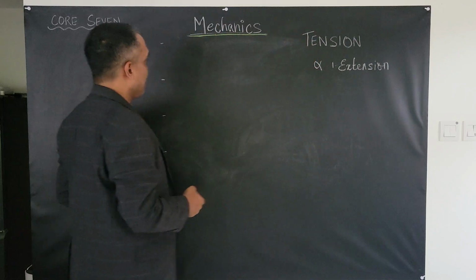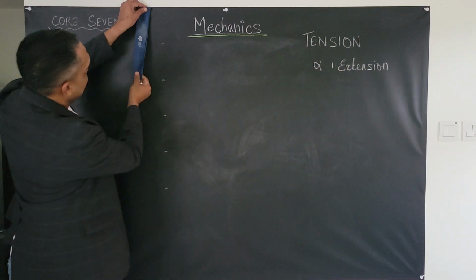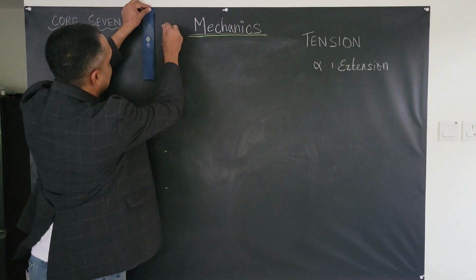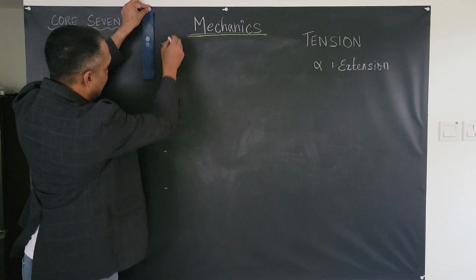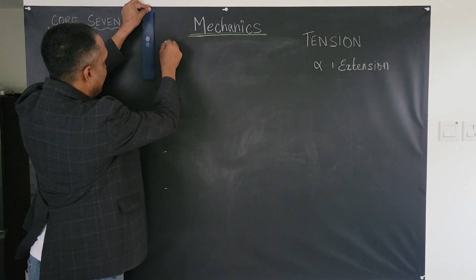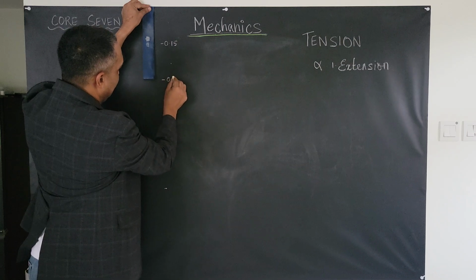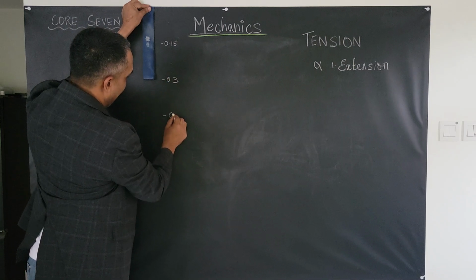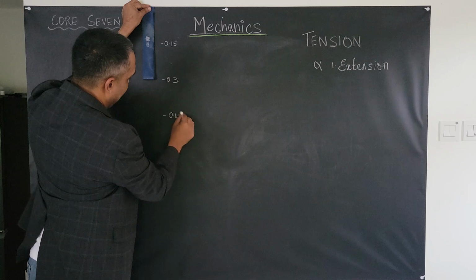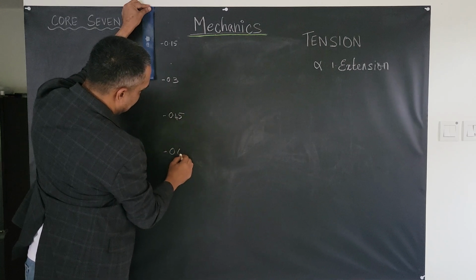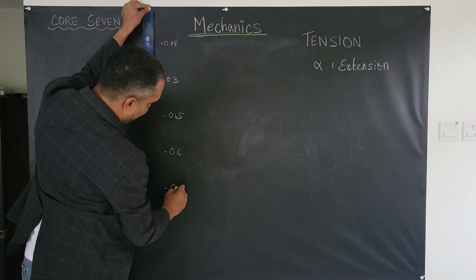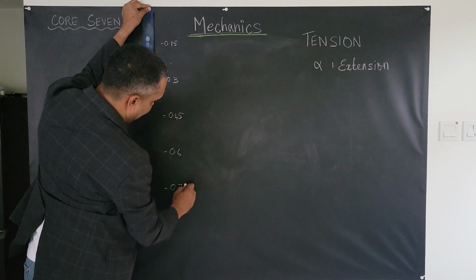What is that extension? If this was 30 centimeters, each of these is 15 centimeters. So if I wrote 0.15, 0.3, 0.45, 0.6, and 0.75 here,